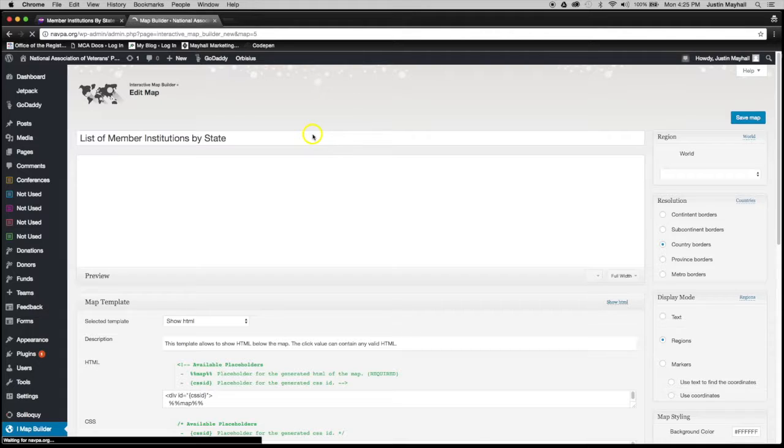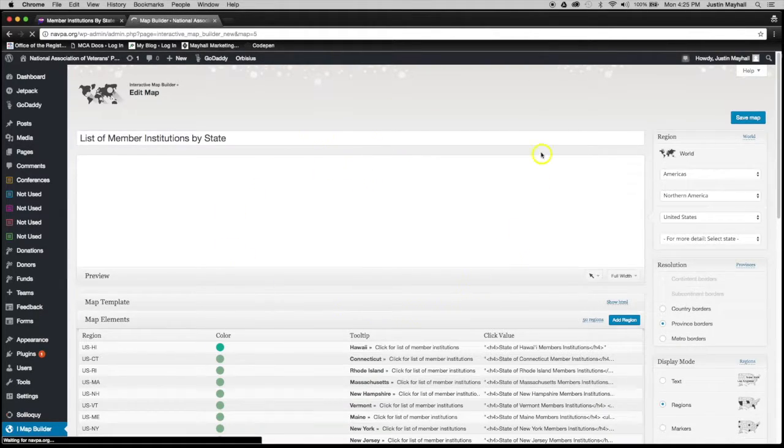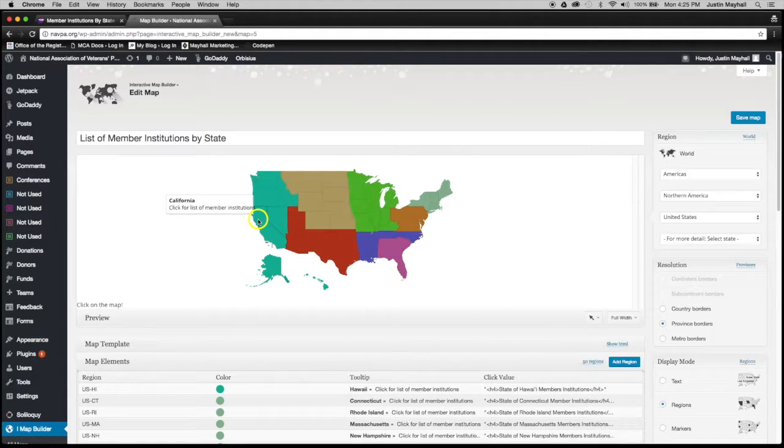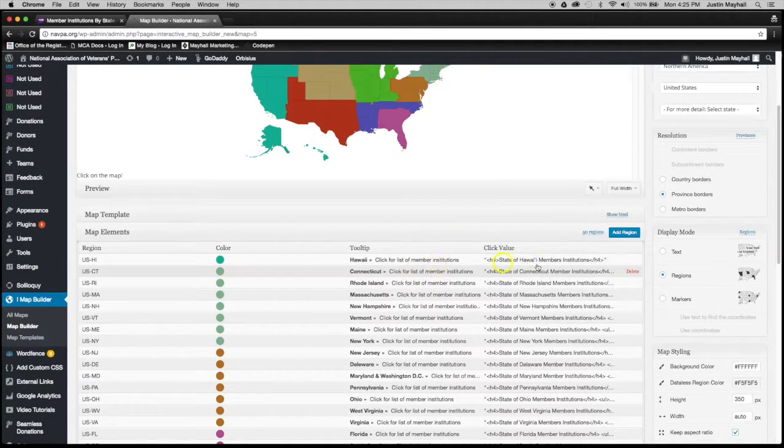Once this dashboard loads, you'll notice in this area a very familiar image. It's the same map that we saw on the front end, color coded by state, and if you hover over the state, you get the same pop-out instructions that you had in the front end. The other thing that you see on this page that concerns us is the list of all the states that